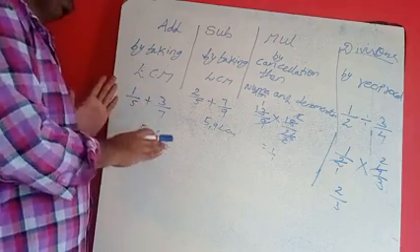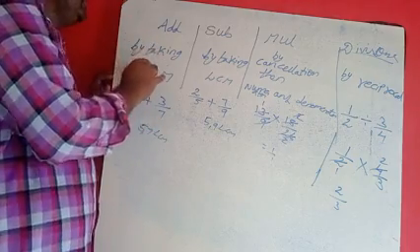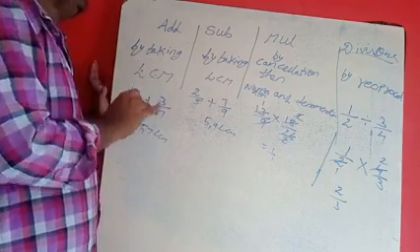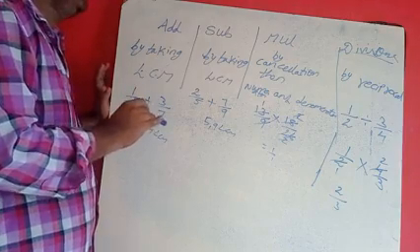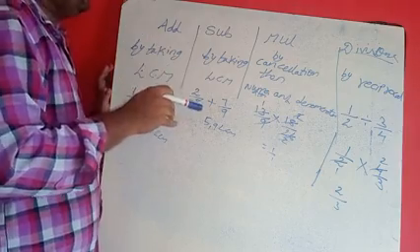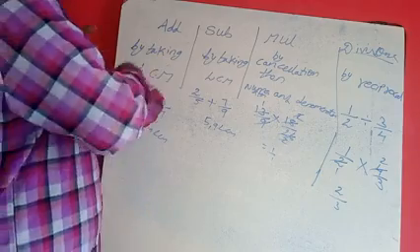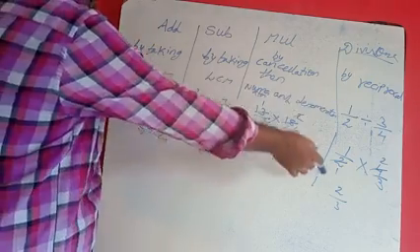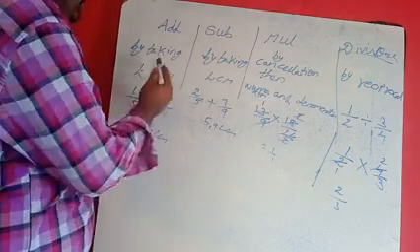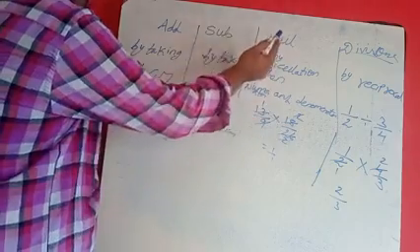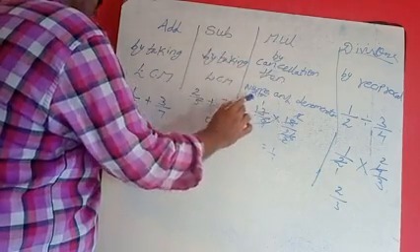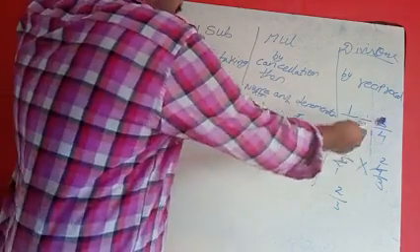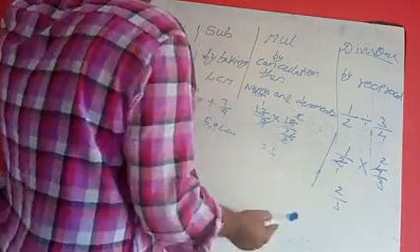In this fractions chapter also it is the same, and in the rational numbers chapter also, because a rational number is nothing but a fraction, and a fraction is nothing but a rational number. So according to that we are doing this. These are all the sums. Addition means LCM. Subtraction means LCM. Multiplication means cancellation, afterwards numerator, denominator. Division means taking the reciprocal, then cancellation, and then doing the sums.